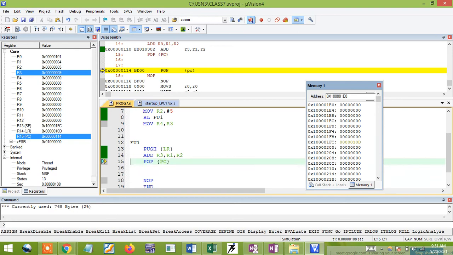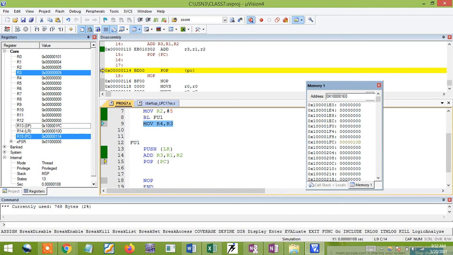After that I'll go for POP PC, because the program counter needs it. I need to come back to this position because I need to copy the R3 value to R4. If I want to come back to here, the program counter should have the address of this instruction. As I already told you, it is 10C plus 1, already stored in the memory. Right now my stack pointer is pointing to this position only, so I need to get the data out. Whatever position the stack pointer is at, right now at 1FC, this data will be copied to the given register.